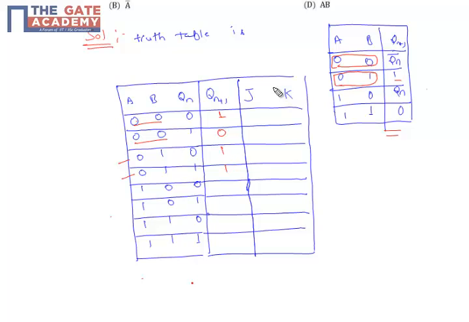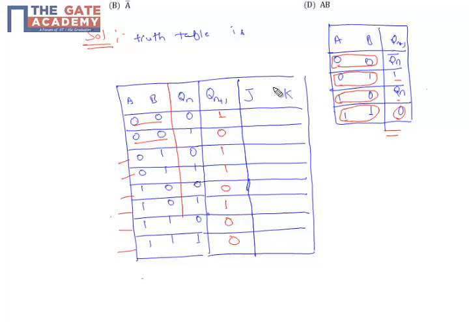Again, at the time of 1 0, our output is Qn. So here we will get 0 and 1. And from the last row of our truth table we can see when our inputs A, B are 1 1, the output is 0. So here in the last two rows of our characteristic table we will get 0 and 0. Now with the help of this characteristic table, we will draw our excitation table,